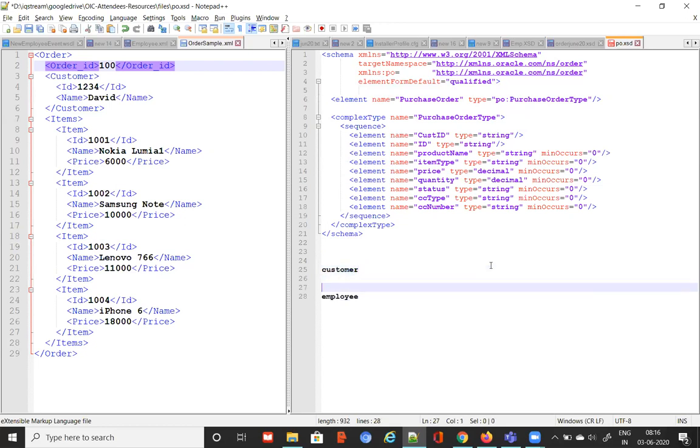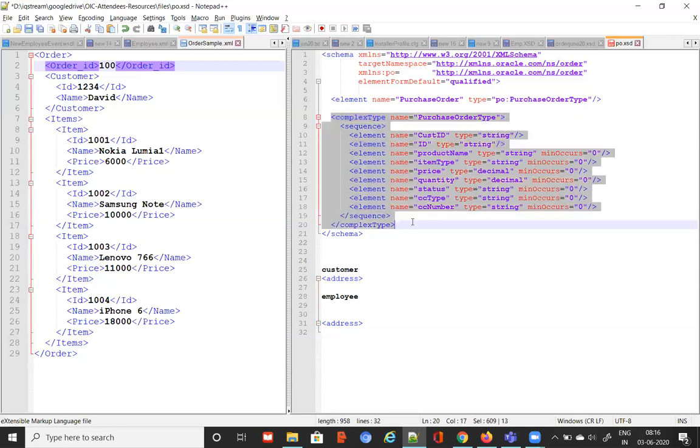Now, customer contains customer ID, customer name, etc. It will also contain address, for example. Employee also contains employee name, etc. So it will also contain address. Address is a complex type. Address may contain your door number, street, city, etc. Now, when you're defining the customer element and the employee element, instead of repeating the address structure, you can create the address structure in one place and refer to that address type in both the elements.